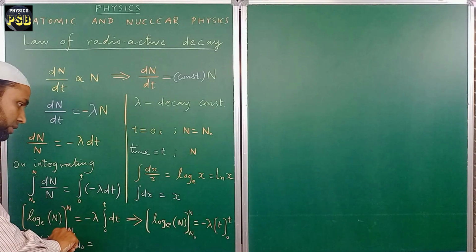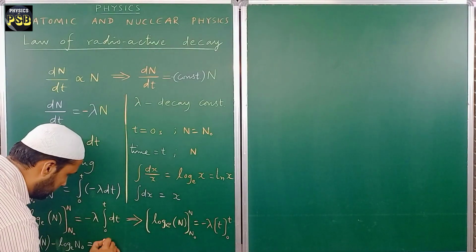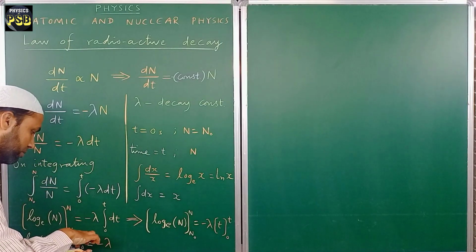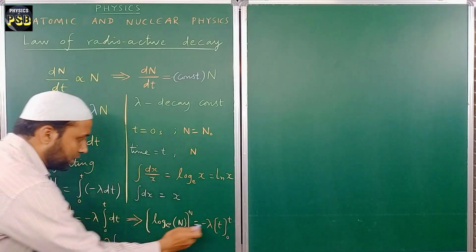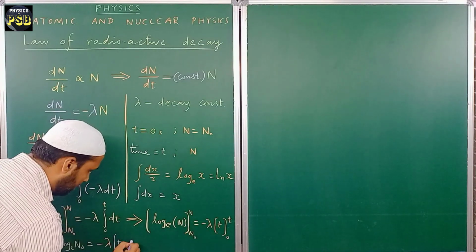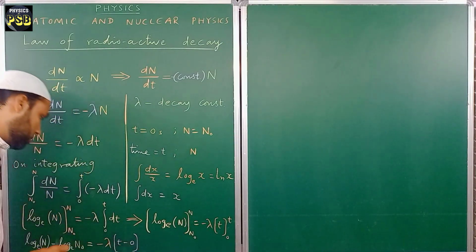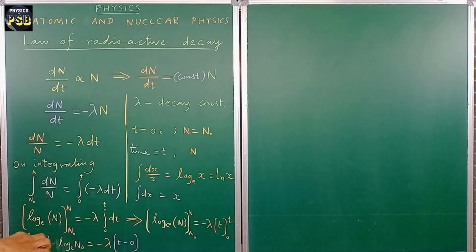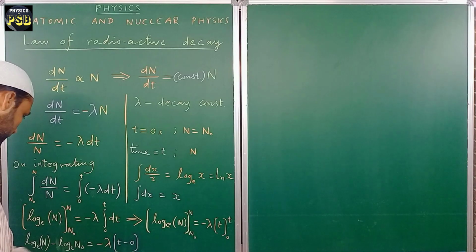Just remember. Then here, minus lambda. Inside the bracket, I am going to write the value of t. Upper limit t minus lower limit of t is 0. Okay, this is what I get here. Good. The next term, this term